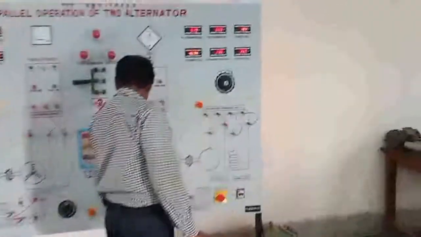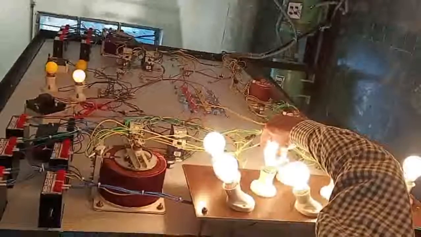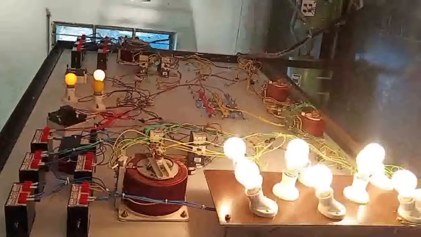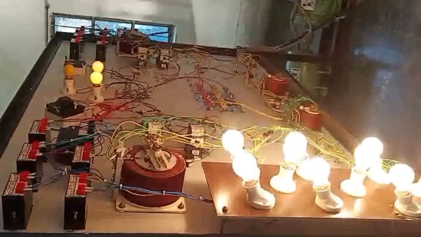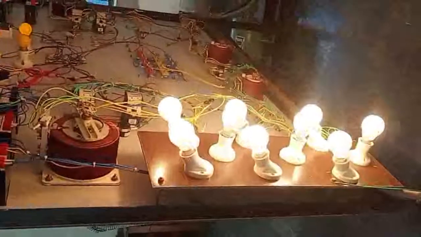See, beside this panel we have the load terminals. These are the loads. With the machine we have some loads. See here the bulbs are glowing very high. In the below section, yes, all are running. See above there are 3 bulbs, synchronized, dim glow here. This is the load. These bulbs are used here as the loads.